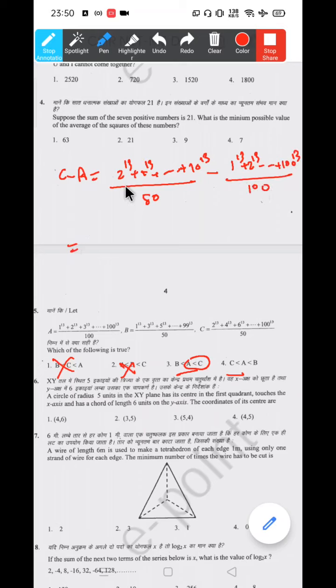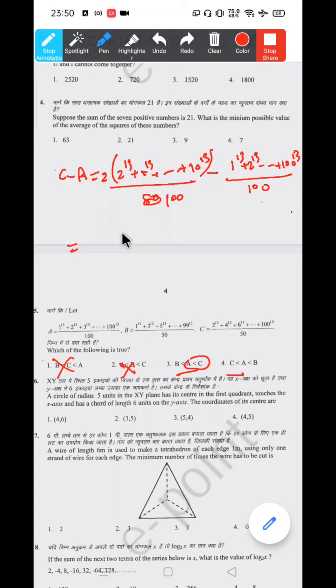Yes. So to solve it we need to make the denominator the same. To make it the same, we are going to multiply by 2 here. So this will become 100 now. So now let us subtract. Can you see that 2 raised to 13 will cancel and we will remain with,